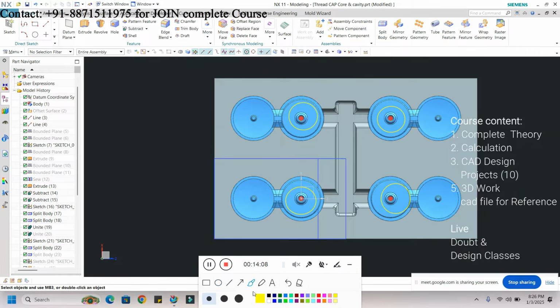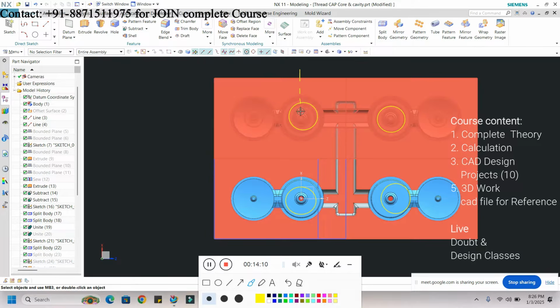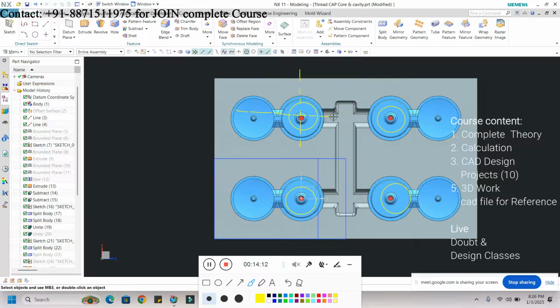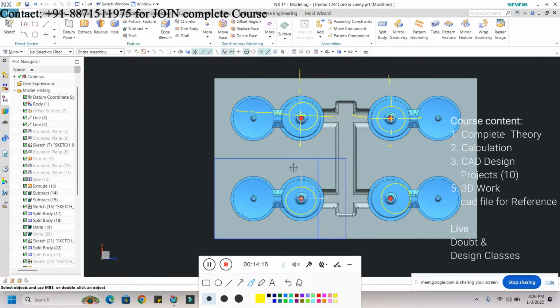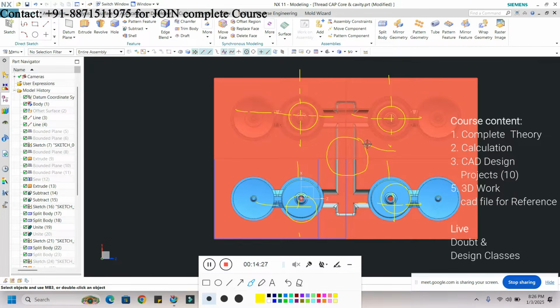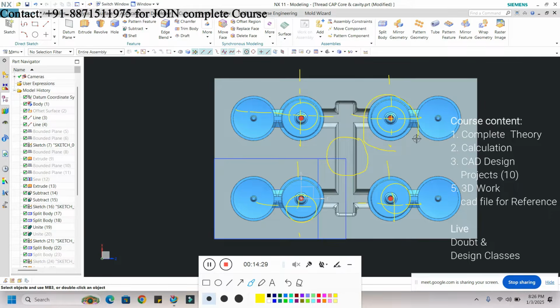So for example, if I am placing the shaft, in the center I have to take the gear also. So in the center I am taking a gear like this, and here I am taking one gear like this. Four parts.